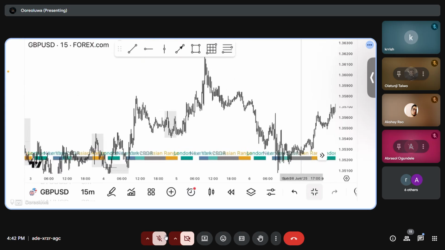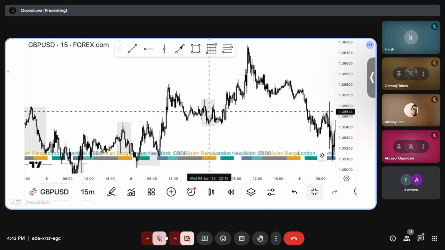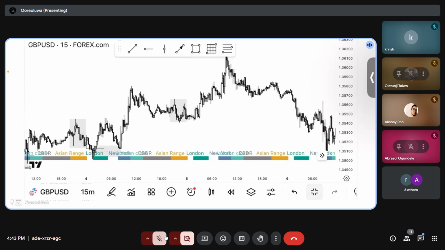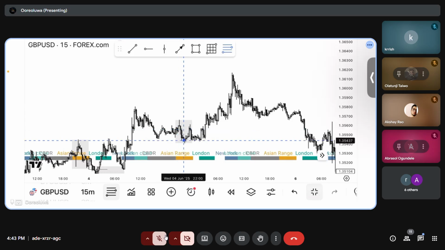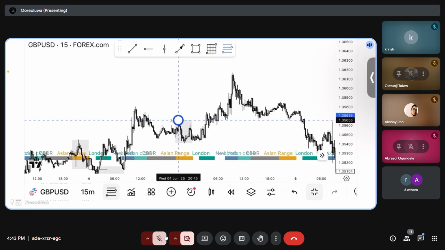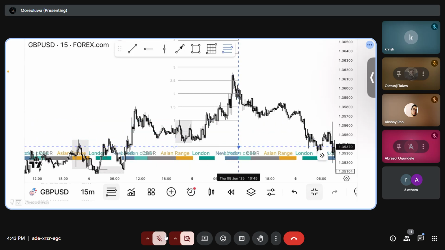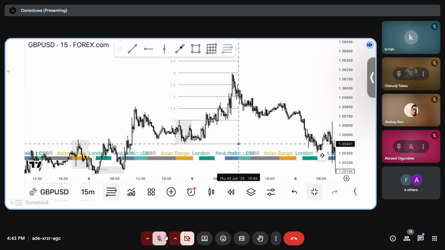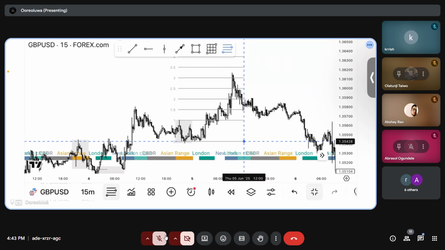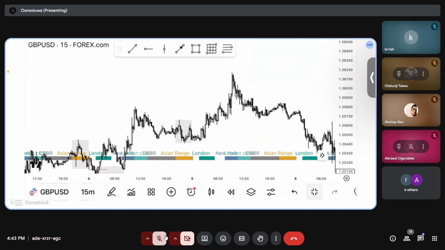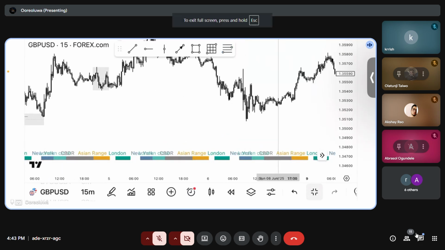So if price didn't give you a sell here, a buy here, and price hit your key level, you might decide to draw a range at this point. Draw from the high. You can just draw a standard deviation range, and you can see it got to the 2.5 and hit the 3. So this was not valid. This is not a valid trade for you. So you TP at that high.